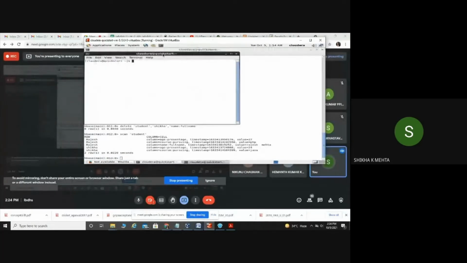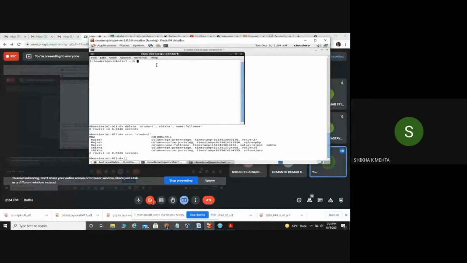This is your terminal. I have just opened a terminal like this from here, and after opening this terminal in Cloudera, what we have to do is to open the HBase. Like when we had to go to the terminal of Hive, we were simply writing hive. When we had to go for the Pig, we were simply writing pig. And for the HBase, we have to write hbase shell,